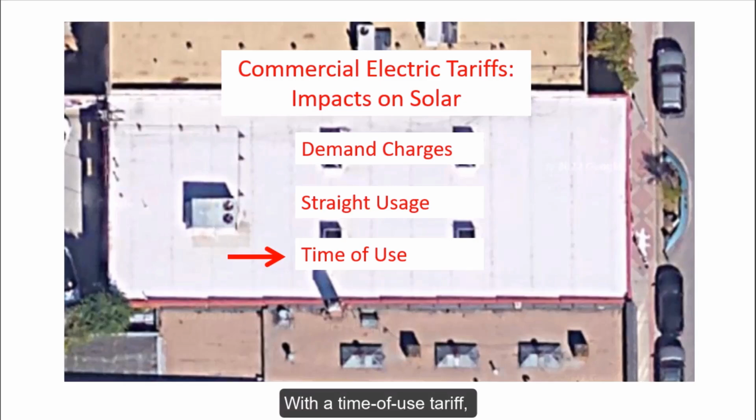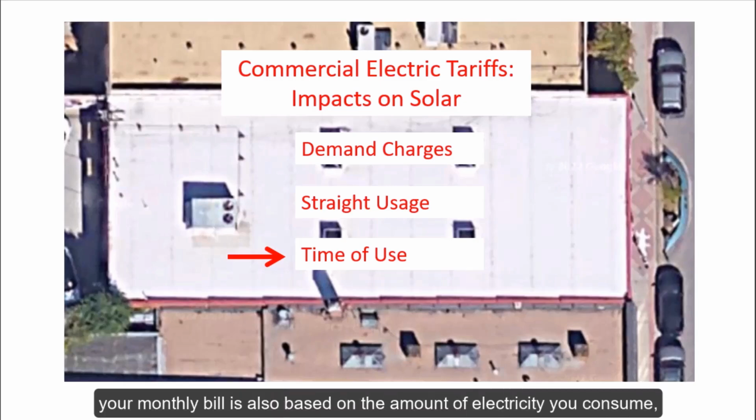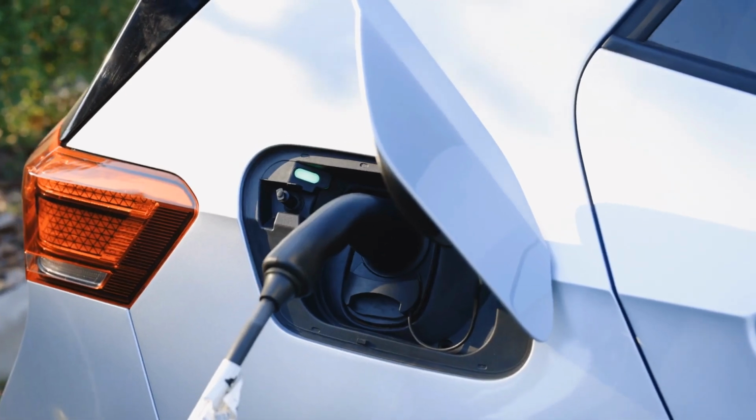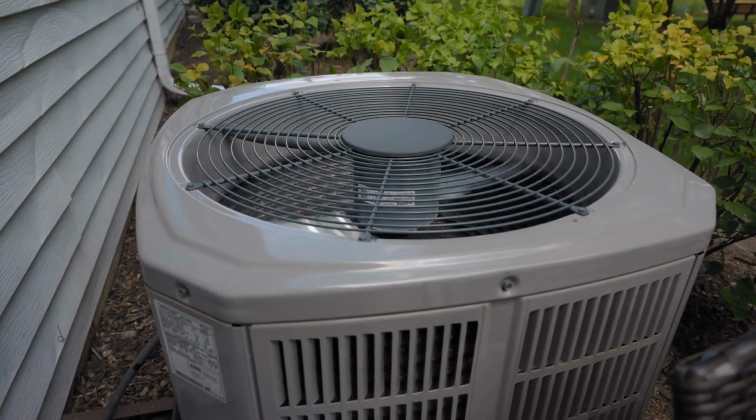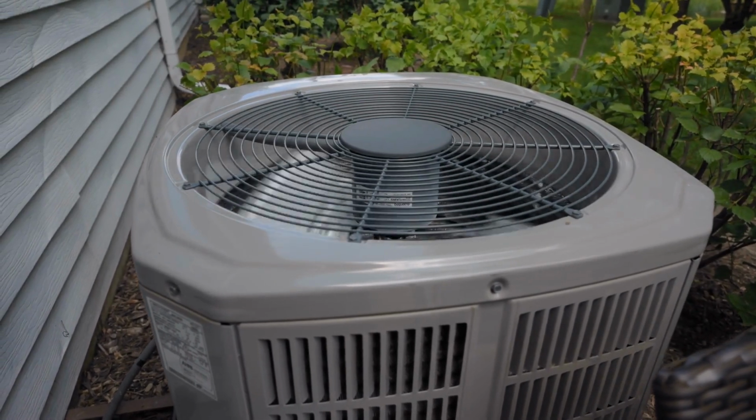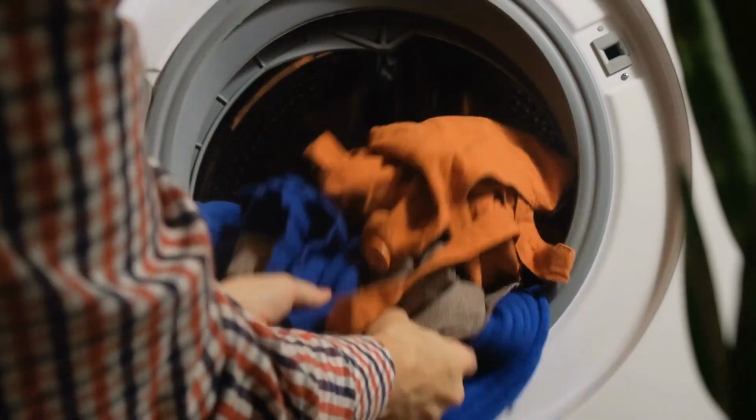With a time of use tariff, your monthly bill is also based on the amount of electricity you consume, but the rate that you pay for each kilowatt hour is determined by when you use it. Time of use rates are designed to influence behavior. Utilities are trying to get their customers, well, primarily residential customers, to cut back on how much electricity they use